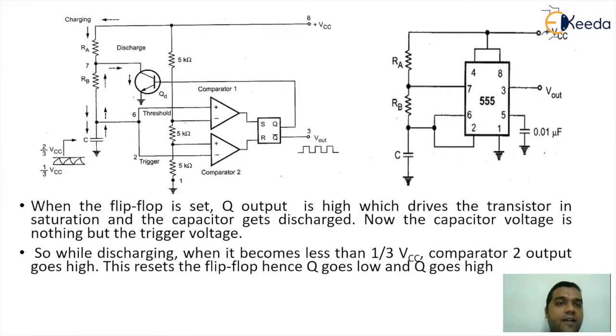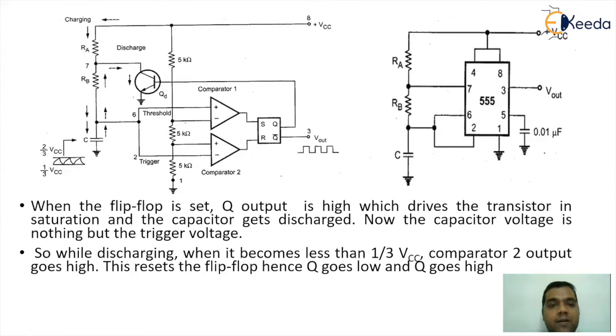On turning on the battery, you will find that the battery is going to source a current that will go through RA, through RB, and then charge the capacitor. So the capacitor will start charging, and when the level just crosses the requirement of the upper comparator, that is 2/3 VCC, the upper comparator output will become 1. If the upper comparator gives a high output, S will become 1, Q will become 1. If Q becomes 1, automatically Q bar becomes 0.